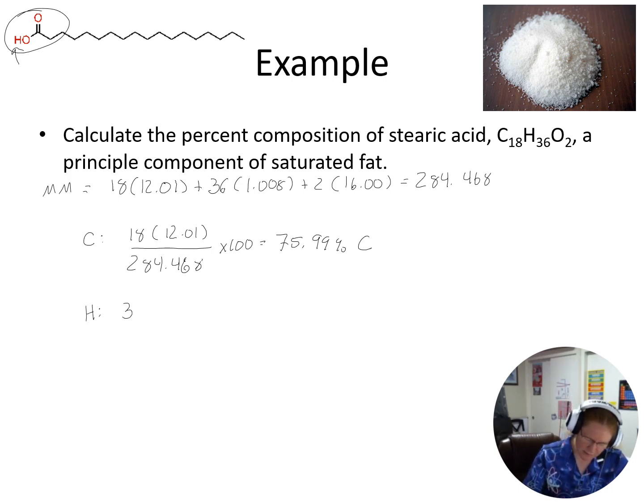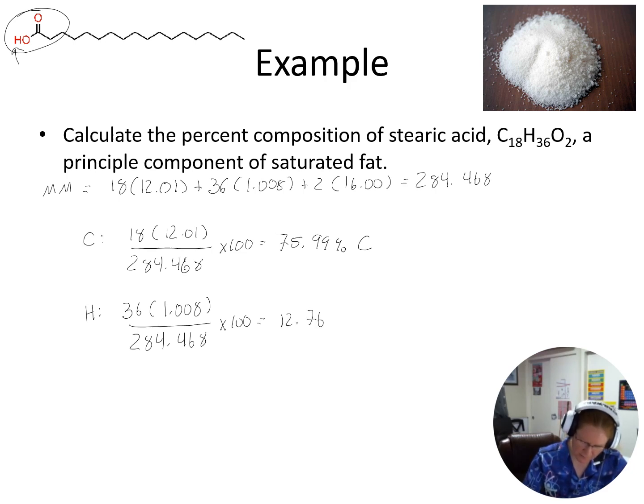So we'll take our 36 times our 1.008 divided by our 284.468 times our 100. And indeed, we only get 12.76% hydrogen. Okay? Now, oxygen, even though oxygen has the heaviest mass of the three components of stearic acid,